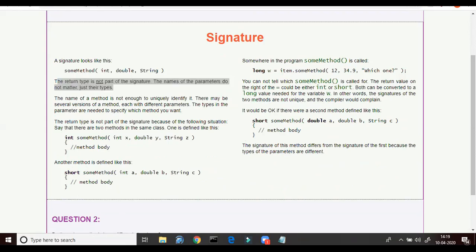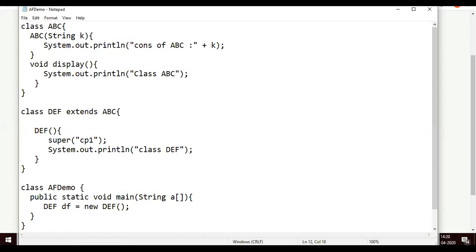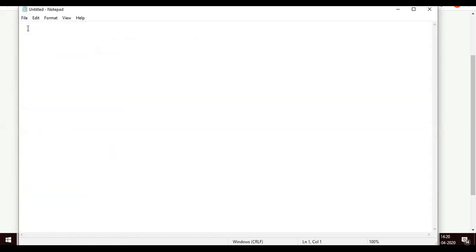So to make it further clear, what is a method signature? Method signature includes only two things: method name plus parameters and its order.